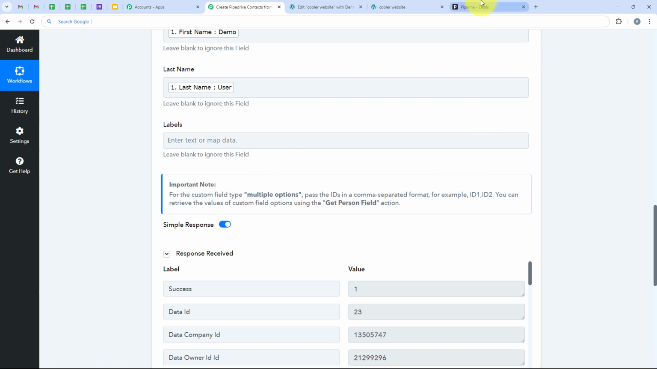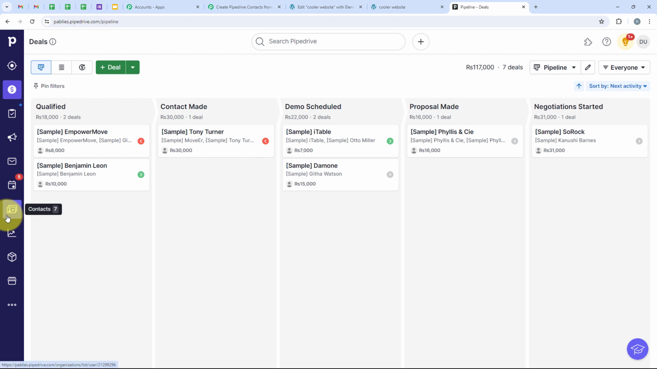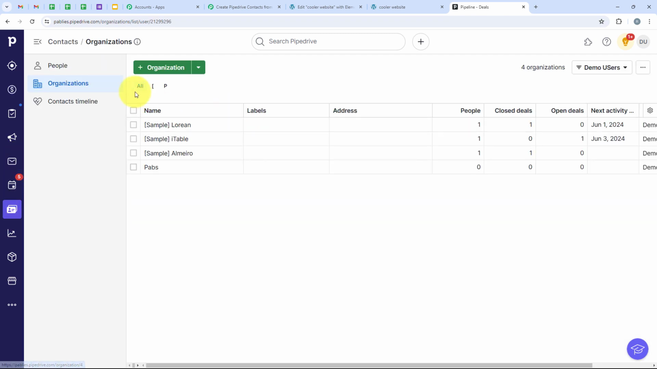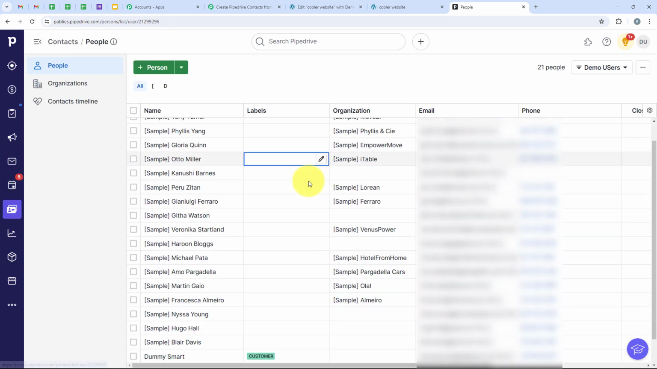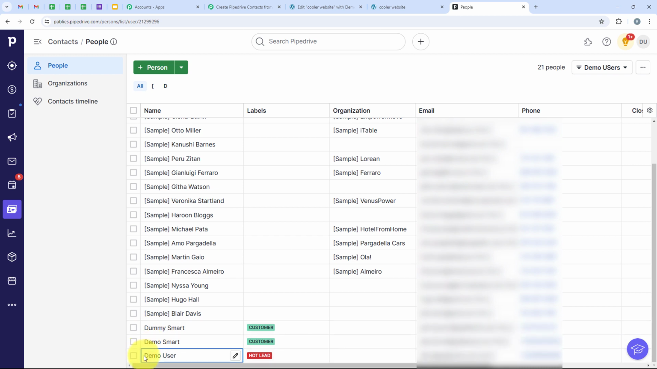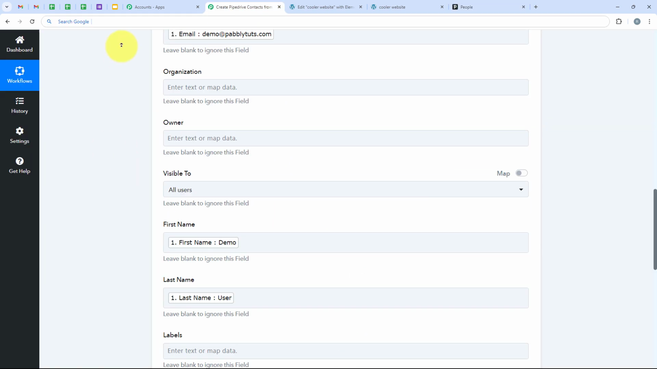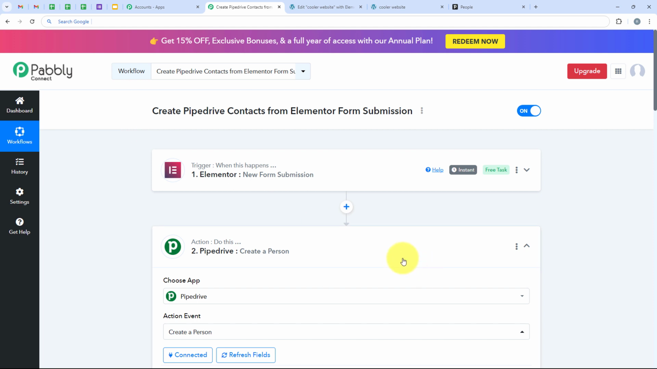So I'm going to open my account, and from here in the left sidebar, we are going to go on contacts. And over here we are going to go on people. And over here you can see that a new contact has been created right over here, demo user, with the same email, same number, and the label as hot lead. So this means that my workflow is successful,